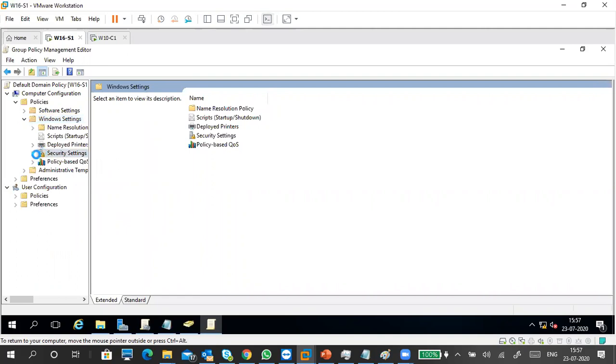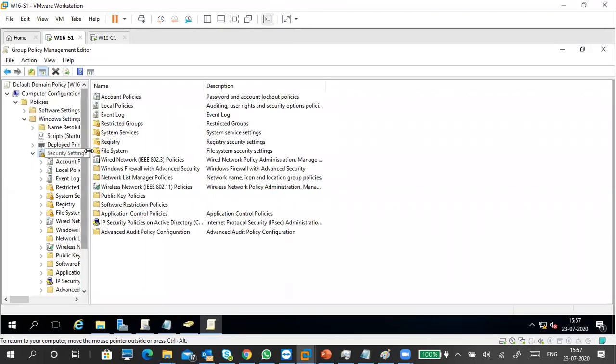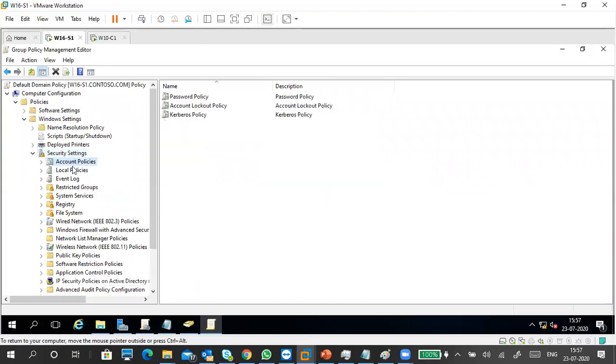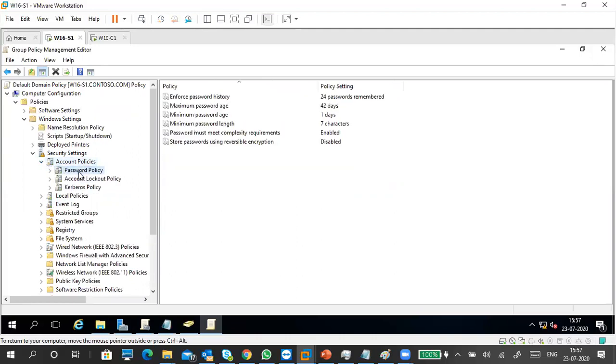Go to Security Settings. You can see a lot of policies, but not everything is enabled. Three are important: account policy, local policy, event log policies. Under account policy, again three: password policy, account lockout policy, and Kerberos policy.